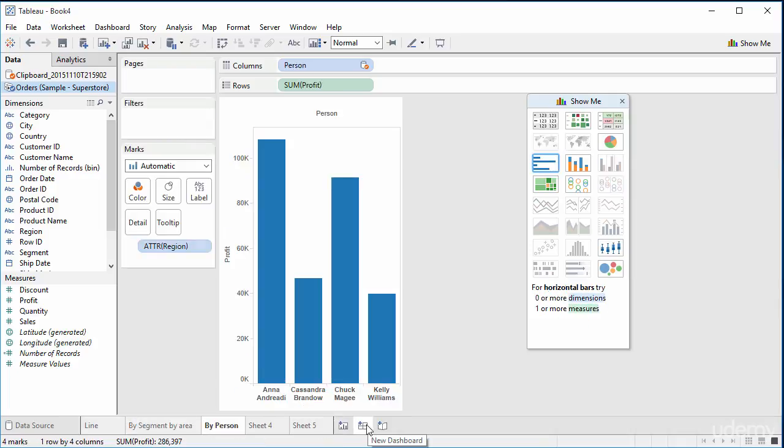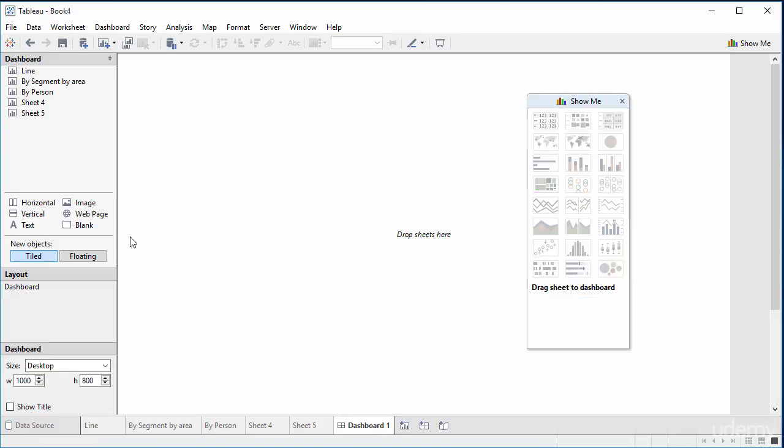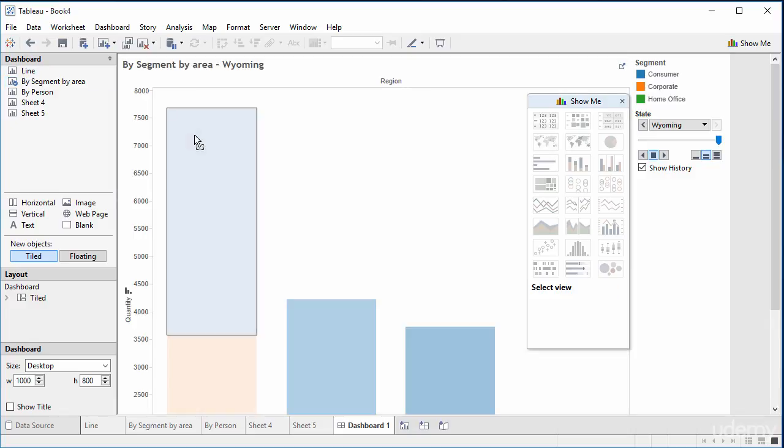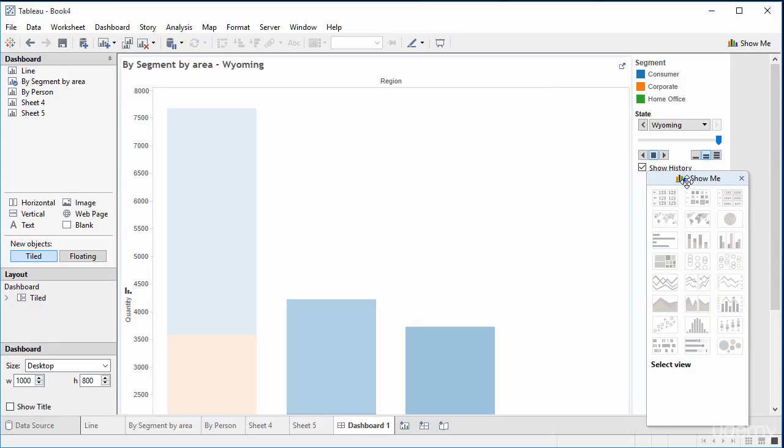So let's add a new dashboard. So over here we have got all of the various worksheets that we've been looking at, and I can just drag them in. So there is our segment by area. I will drag in as well underneath, you can see the grey highlights showing where I want to put it,